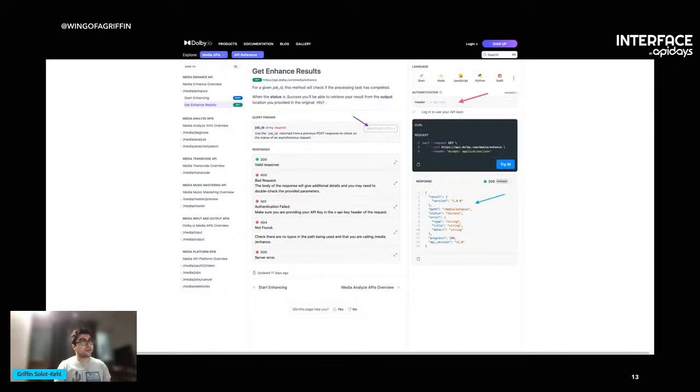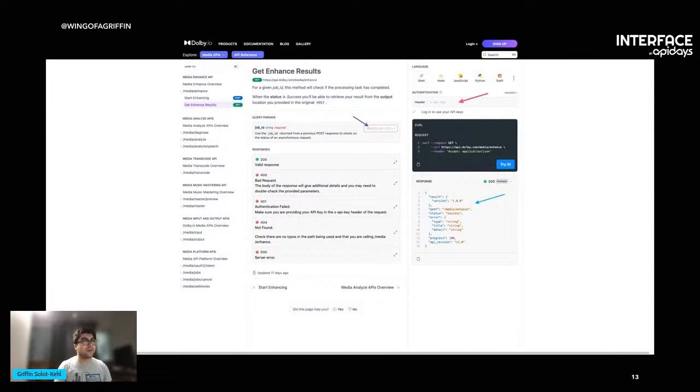So this is an example of our documentation website where we are showing off a couple different things, where we have this endpoint. This is our get enhanced results endpoint. You can see all the different languages on the top right, where we also have our authentication section, where you can directly put in your API key. And it's going to allow you to call this endpoint directly within the documentation and API reference website. You can put in the parameters. So here we have a job ID, we have a description for everything, and we have all the different responses that you might get. You can even click on all the different responses to see what is going to be inside of those responses if there is more complicated stuff going on within there.